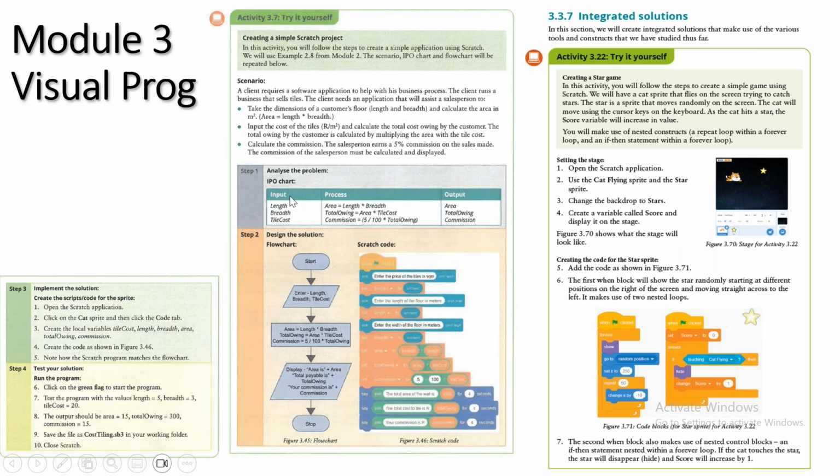So continuing with visual programming, again, here we have our try it yourself activities. So remember I said very important, we look at our color blockings. So we break up our activities into steps, and the steps follow the PDLC. So for example, here, step 1 is to analyze the problem.